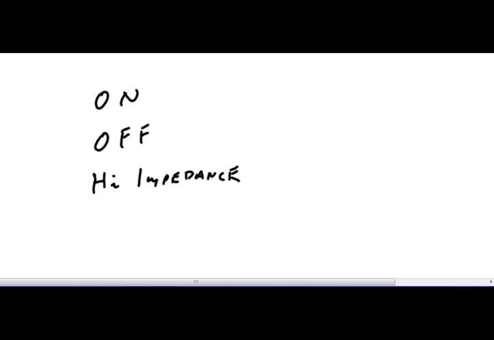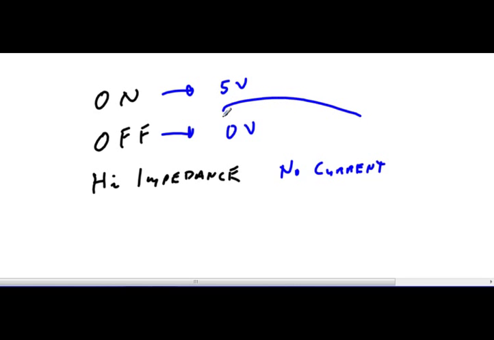High impedance. Okay, so if I'm on, what do I have? 5 volts. If I'm off, what do I have? 0 volts. If I'm high impedance, what do I have? Above 2.5, I guess. No current. So if I'm off and I'm at 0, I can have current flowing to that 0, and turn on an LED. We've already done that, right? And if I go on, I can have current going because I have that 5 volts, and I can have current flow. A high impedance state means I'm not allowing current to flow in,